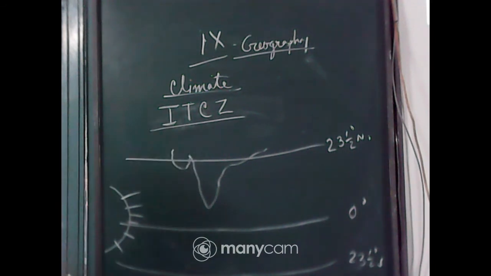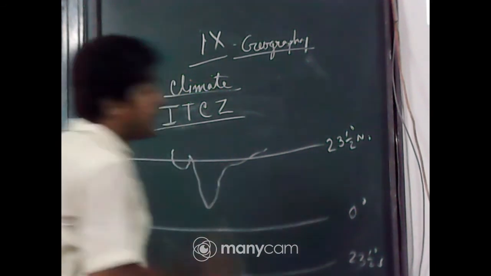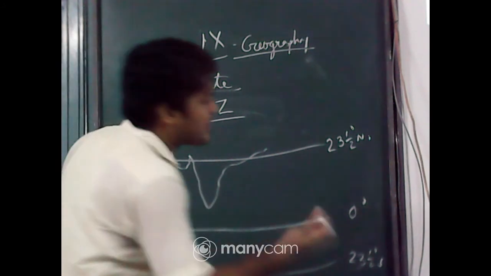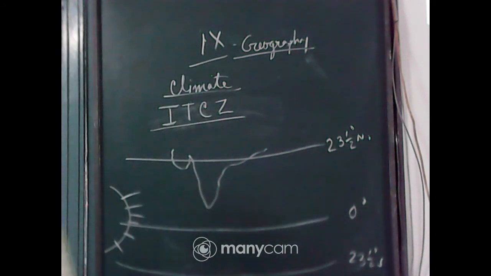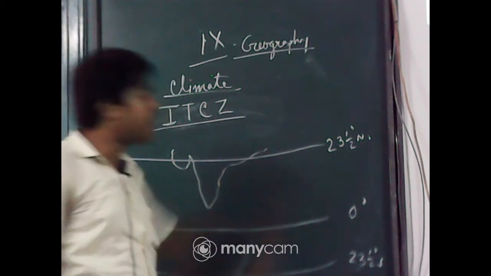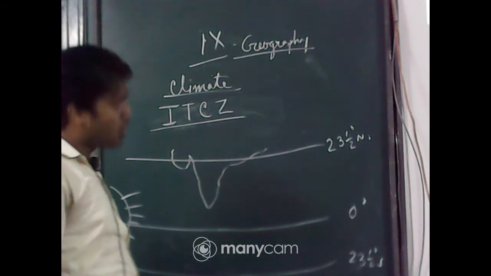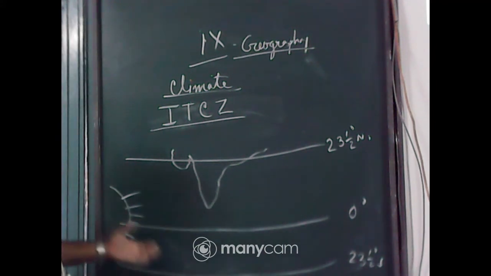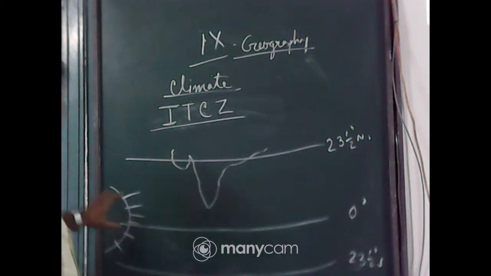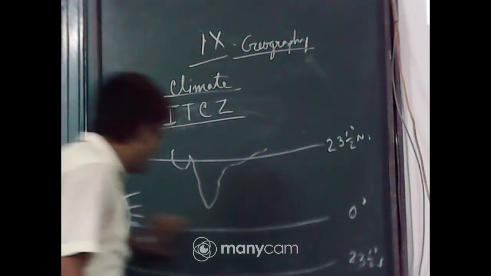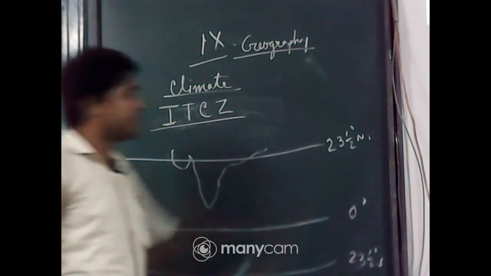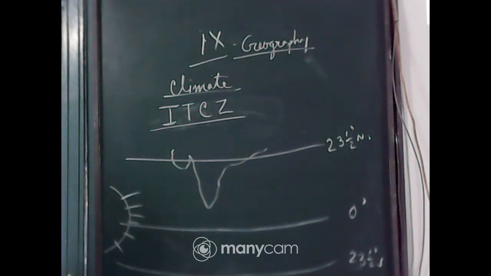receives extreme heat. And last day I told you, if temperature increases, which pressure will be formed? Low pressure, very good. So they have written that in the equatorial region, due to the vertical position of the sun, they are having a trough of low pressure. And automatically, in this region, they are having low pressure.